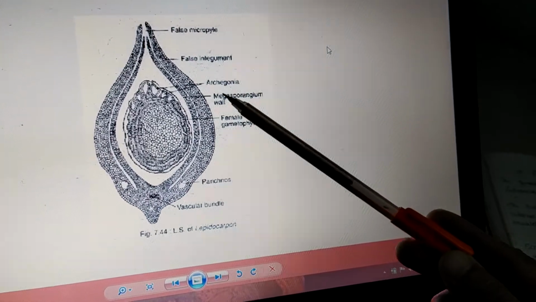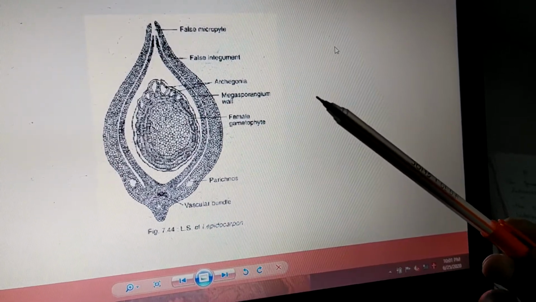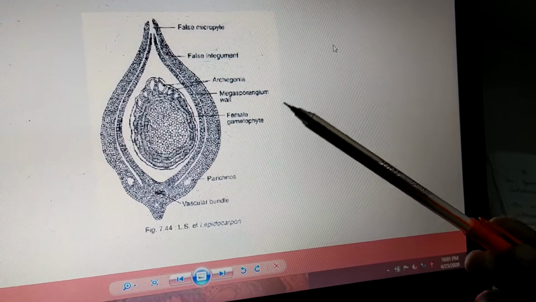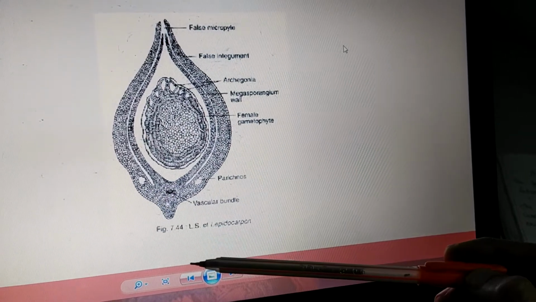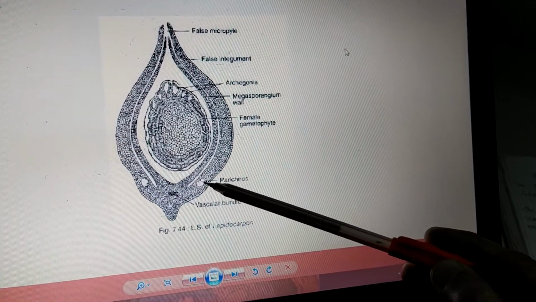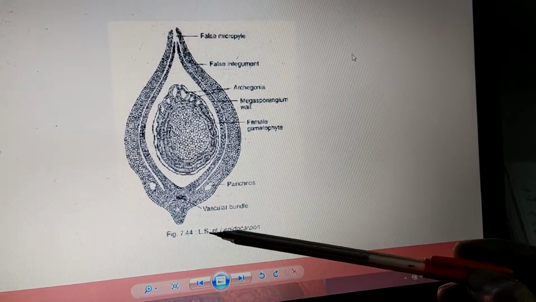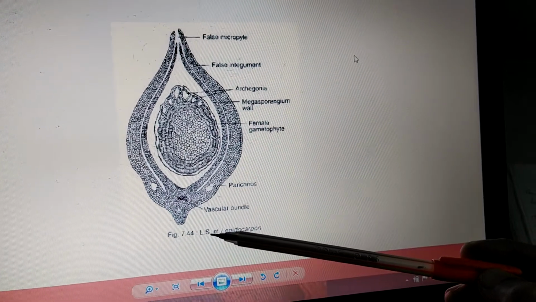And the integument of this lepidodendron is not a true one. It is foliar in nature. Evidence for this is the presence of these pericorns. Pericorns are nothing but tissues having a lot of air space, responsible for the exchange of photosynthetic gases.